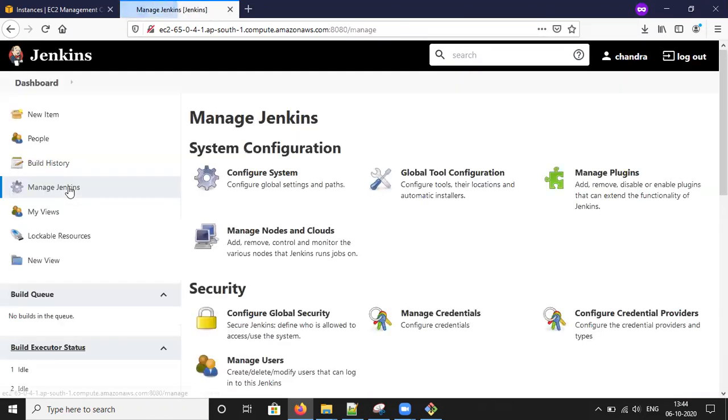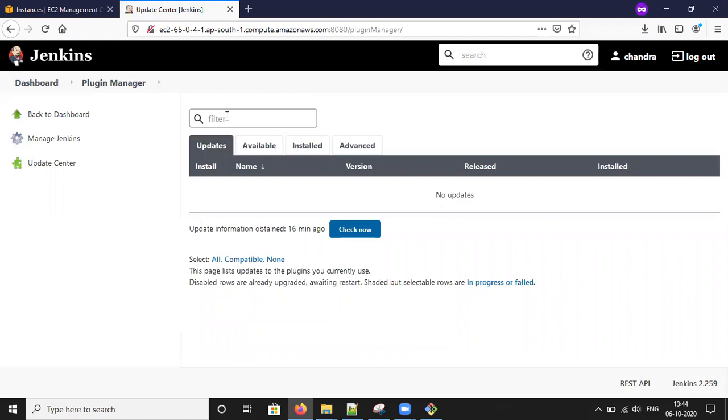Manage Jenkins. Manage plugins. Click manage plugins. Check Amazon EC2.